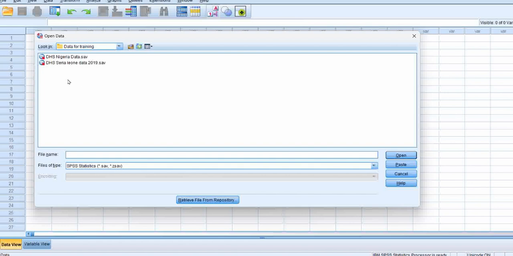Here I have these two data sets. This one is DHS Nigeria data, and this one is for Sierra Leone. DHS is Demographic and Health Survey. It's a very big database for demographic information and health data. It's a very good one when you need to conduct analysis with some health-related variables, and we'll be doing some hands-on with the data. The one I want to open here is the DHS data for Nigeria. If I click on it and then open,